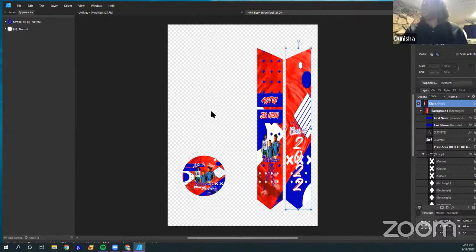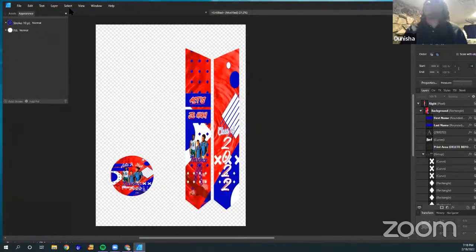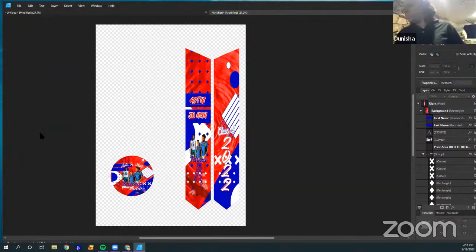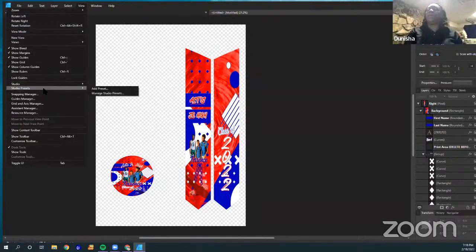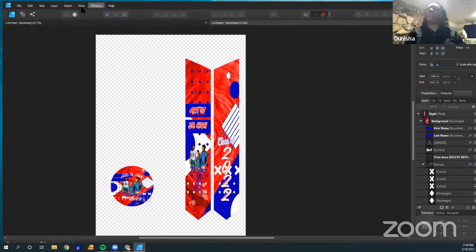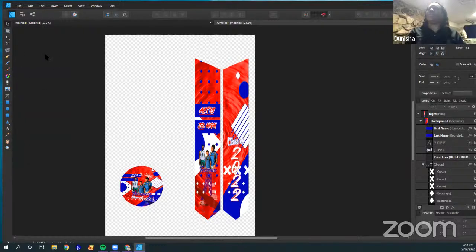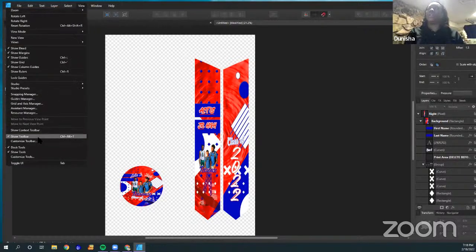All right, so now I need to figure out how to line this up the best way. So let me turn this back. I don't need the assets open, but I do need show. So over here, as you can see, my toolbar over here is gone. Yes, Affinity 101 me, please. So I need to bring that toolbar back. So the right side is the studios, the left side is the toolbar. Or sorry, the top is the toolbar, the left is tools. So there's my tools.